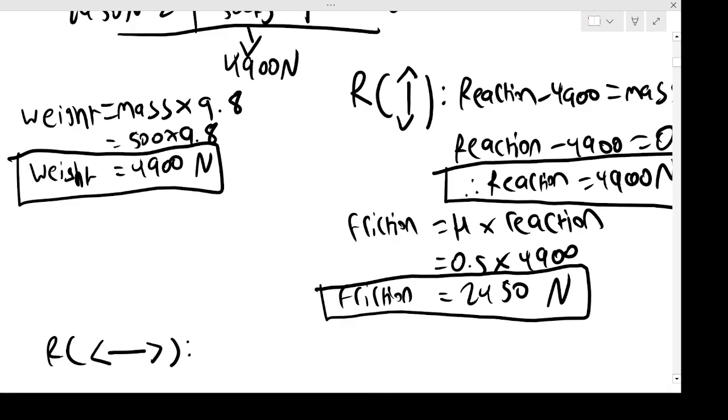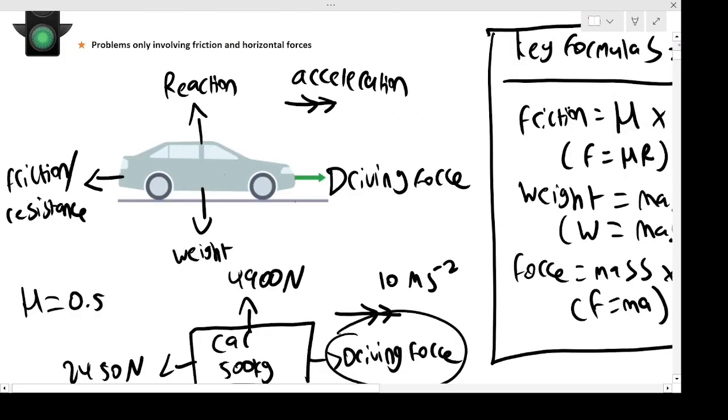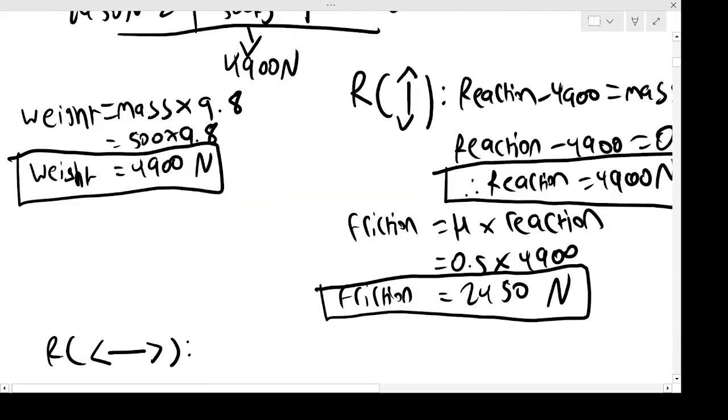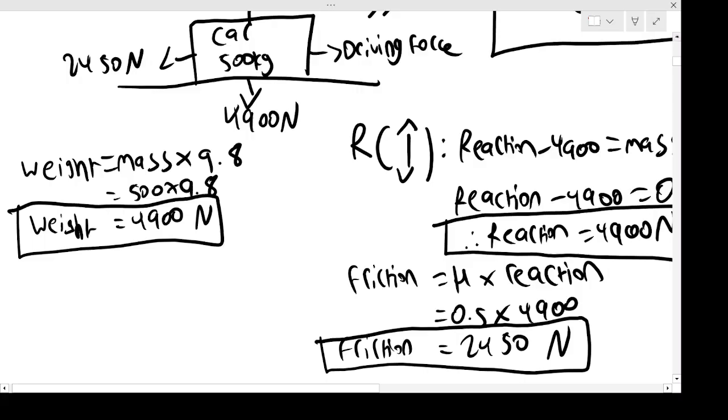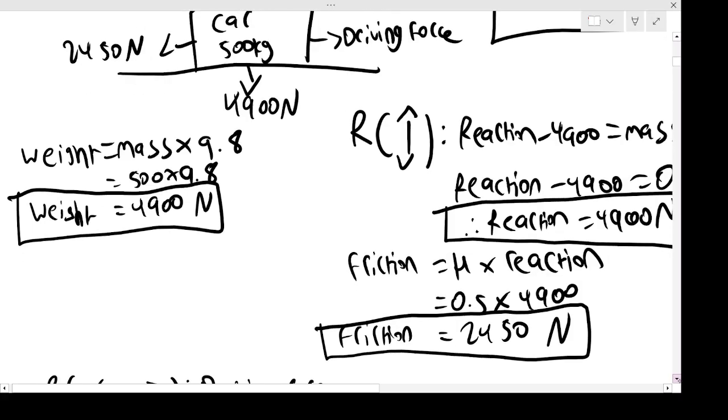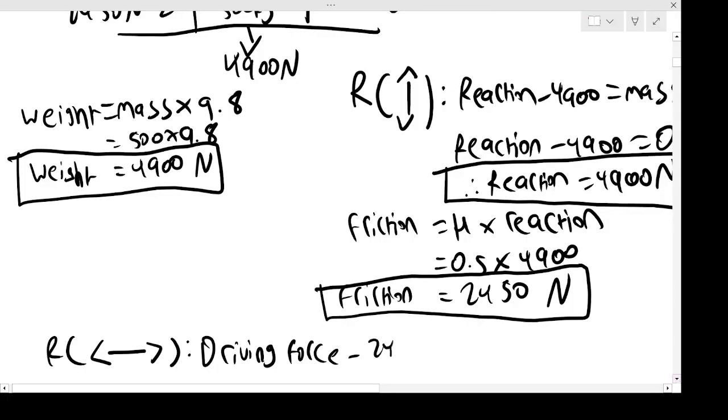Okay, so my right force is again my driving force. Then I'm going to take away the opposite, so that's going to be my friction force in the opposite direction, 2,450. And so that's going to equal mass times acceleration, right? MA. Well, my mass is 500. Now, the acceleration is going to be 10 here,